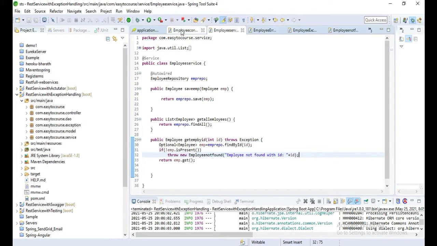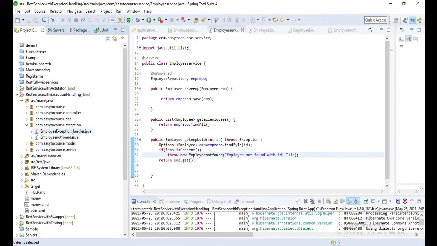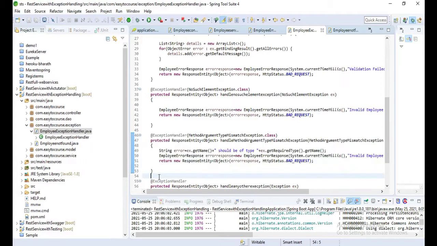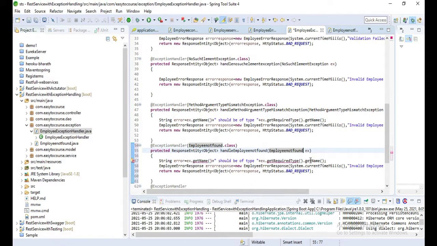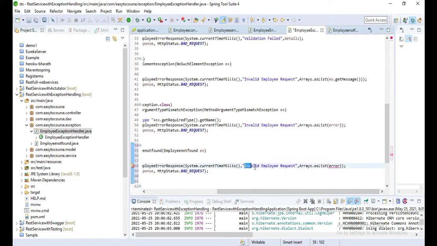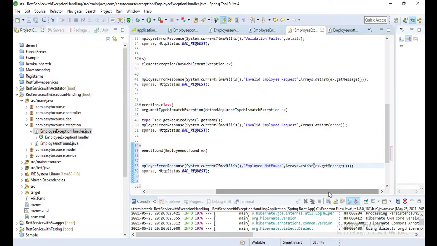Okay, now let's handle that exception in the exception handler class. Let's copy paste the old one. Let me modify it for employee not found. Okay, remove this one and just throw that error here, employee not found, getMessage.